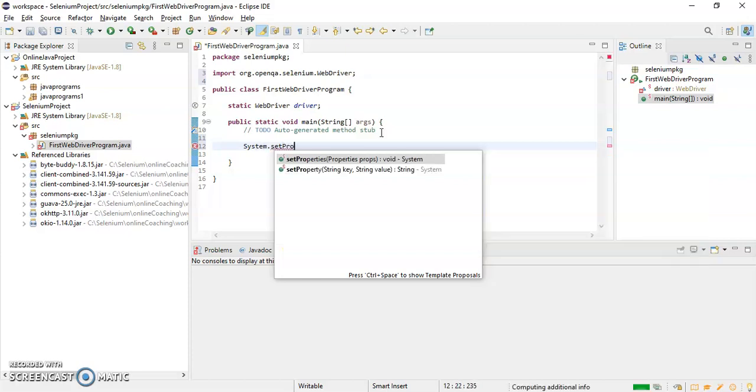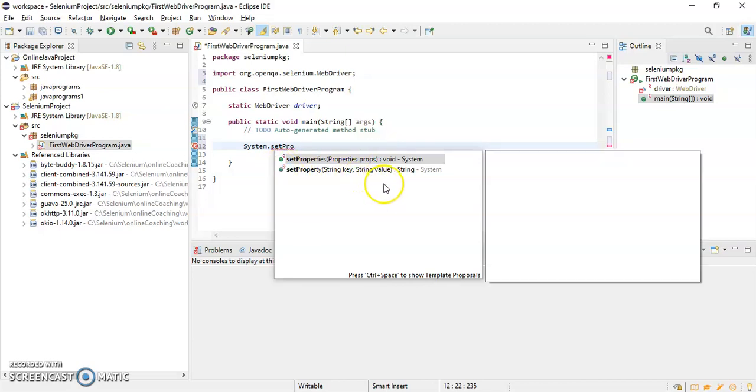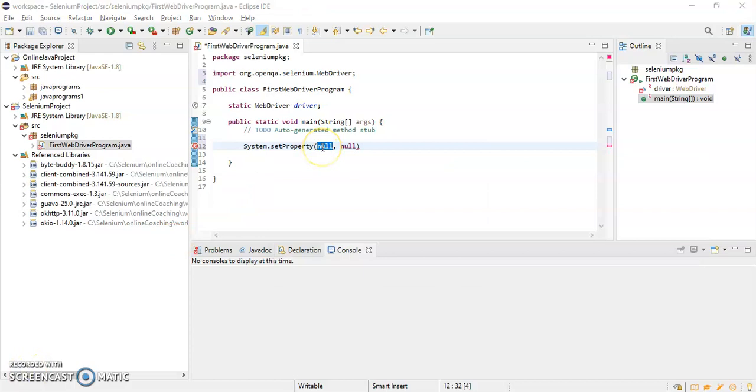After that, inside this main method, I have to write System.setProperty. We are going to launch the Chrome browser, so that is the reason we have to give the browser driver path. That is something very important. Here we need to pass two parameters.